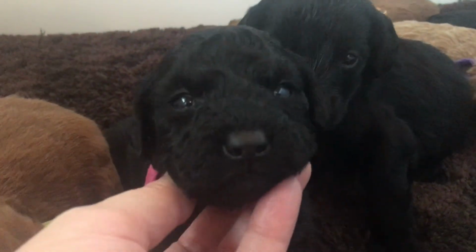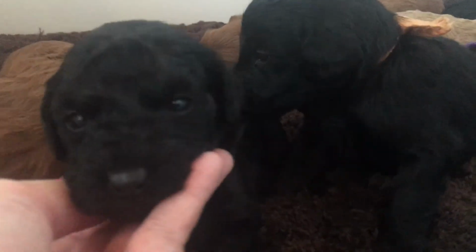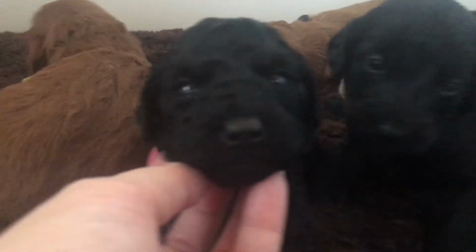Now let's move over here. Here is our only black girl. She's pink collar girl. She's going to have a good amount of curl here. Not going to be curly like a poodle at all, but she's going to be a typical doodle curl. She and Orangey here are about the same size. They're our typical 20, 30 pound babies, but she is incredibly sweet. I do not believe we have any white markings on her. She is a solid black, and unless she starts chocolating up,